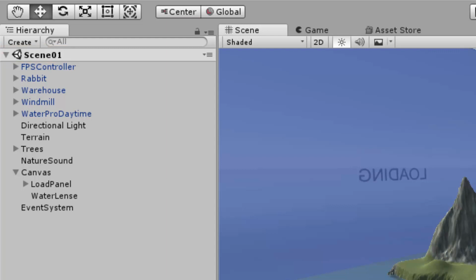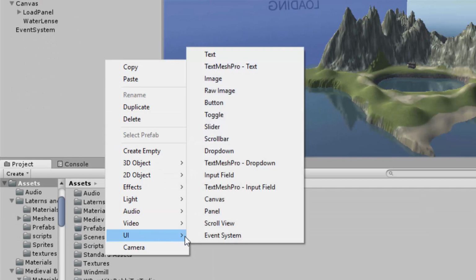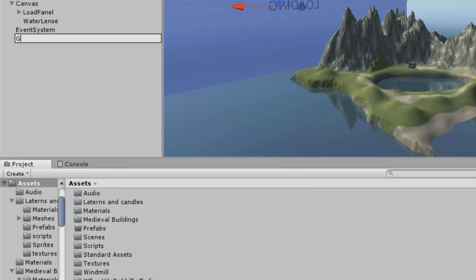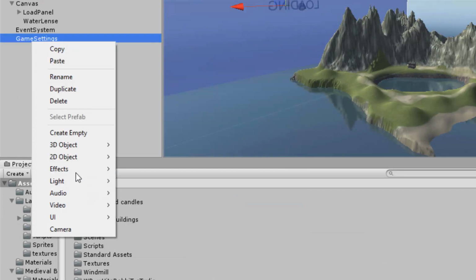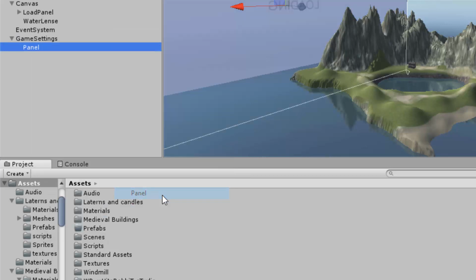In the hierarchy you can see that I have added a load panel to this scene as well. This activity is described in the activity challenges for this unit. Let's add a second canvas named Game Settings, and add a panel to that canvas named Settings Panel. We will use the Settings panel to display the game settings and let the player adjust them while the game